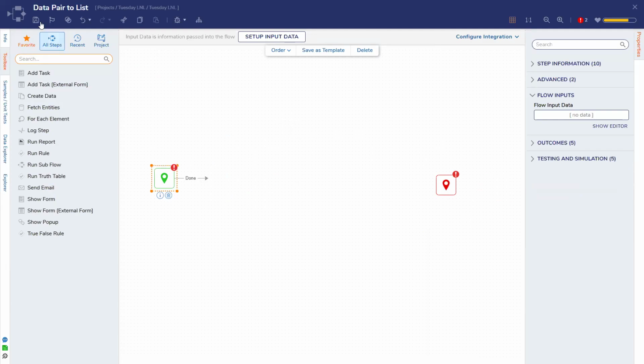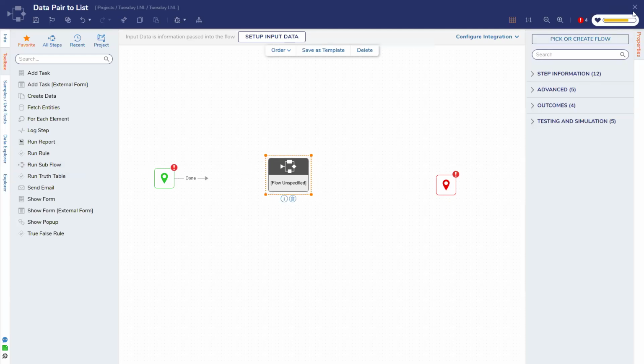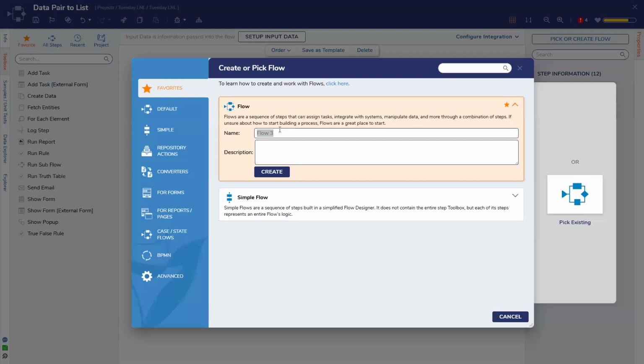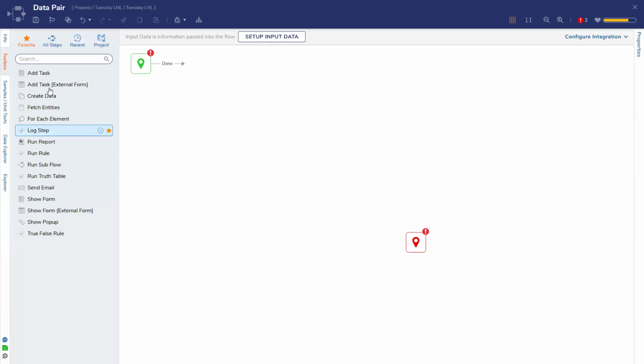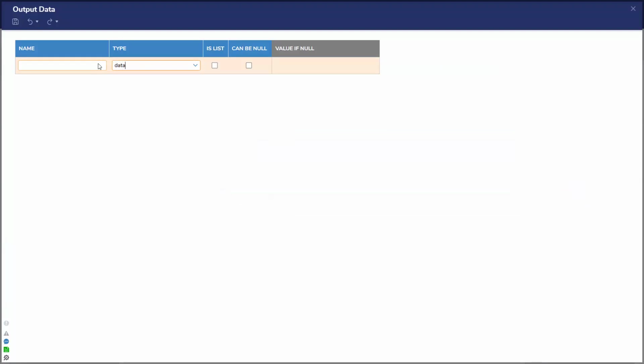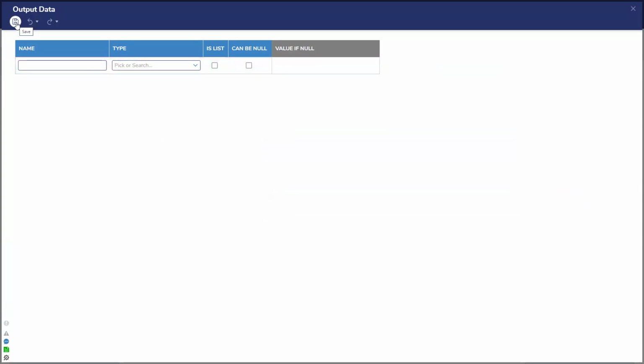Okay, gotcha. So you're calling a subflow dynamically. You'll have a main flow. I'll have a run subflow here. Let's pick or create one as just a template real quick. We'll create a new one, flow data pair. Okay, sounds good. And then this will do something right here, and then it's outputting. You said data pair over here? Well, no, so the actual routines always return a string list. But when you call the subflow dynamically, the only option it gives you is a data pair. You'll see it when you